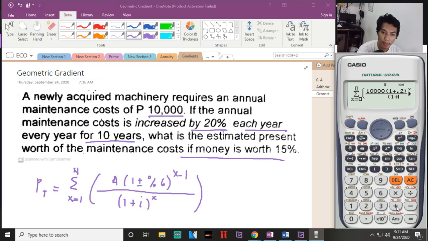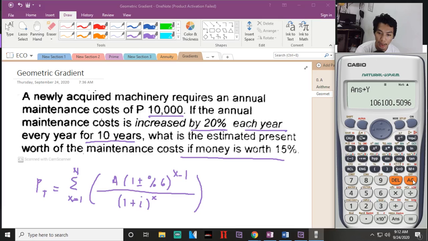Plus 1.15 raised to x alpha x. Okay? And then this will be mag-start ka year 1 in 10 years. Calculate. Now, that will be 106,100.51. So, store natin yung value niya kay